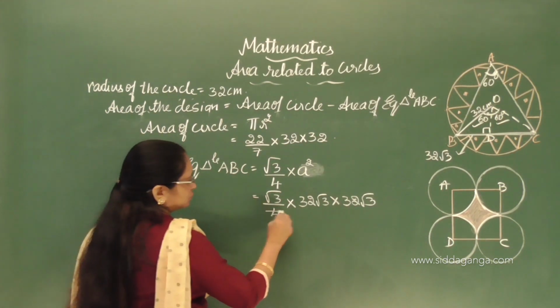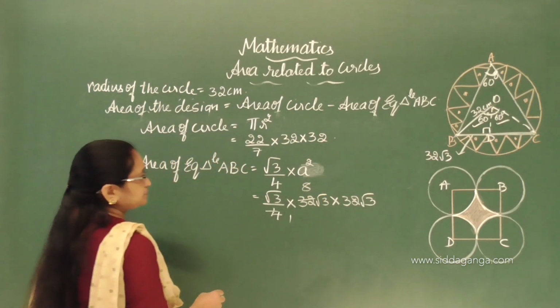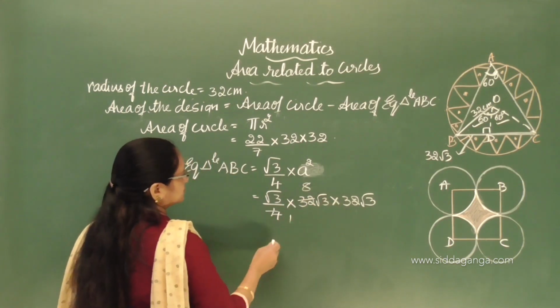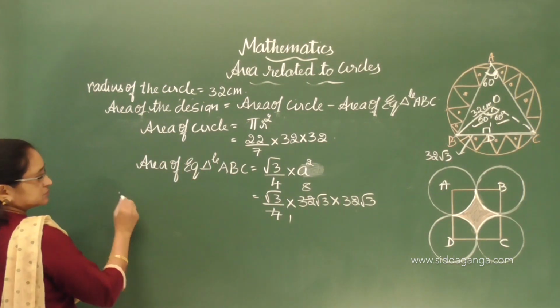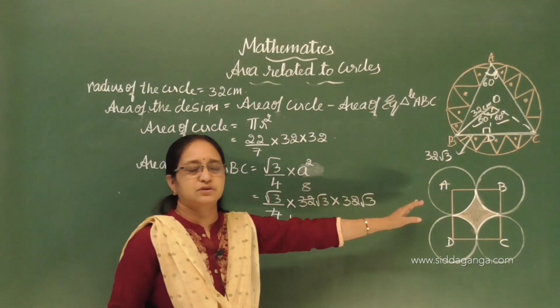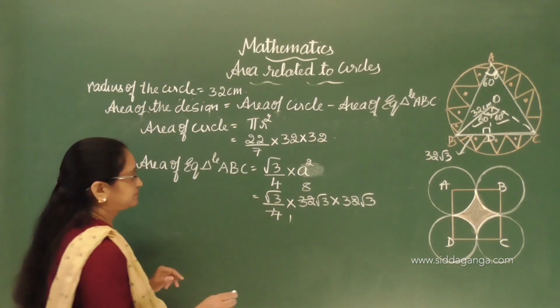Okay, 4 ones are 4, 4 eights are 32. Then 8 into this 32 into 3. See, I will do it here. Since I don't have place here, I am doing it here. Please work out in the working column. We put the working column and work out all this multiplication.